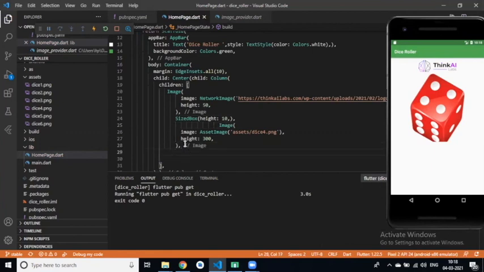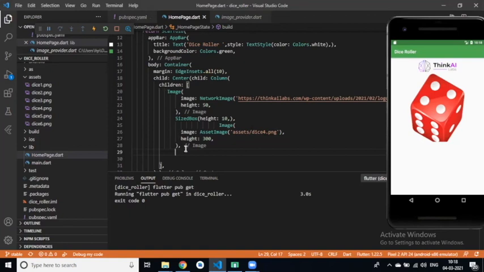Okay, now we have to create a button, right? So we have already learned about button widgets. How many types of button widgets are present in Flutter? Outline button and raised button.